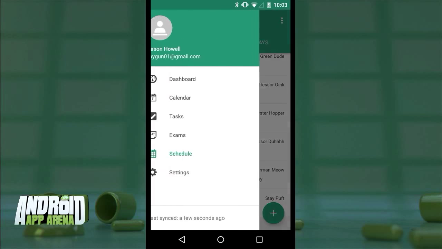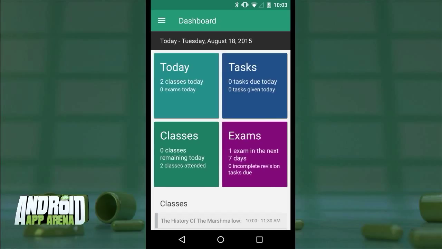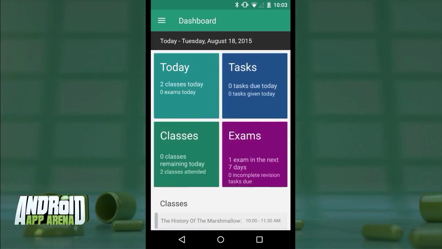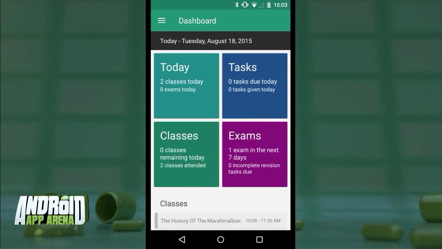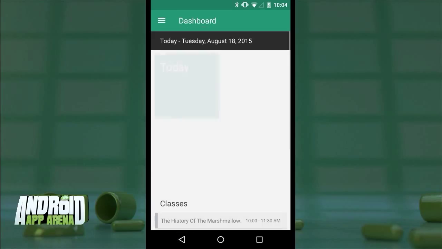And in an effort to put everything into one easy place that you can glance at usefully, there's the dashboard. This is kind of the default screen when you first launch the app. Here, I get all of that information that we've populated laid out in a way that makes things actionable. What I have due today, to what tasks and exams are coming up over the next week. This is my hub to keep me from missing anything important.